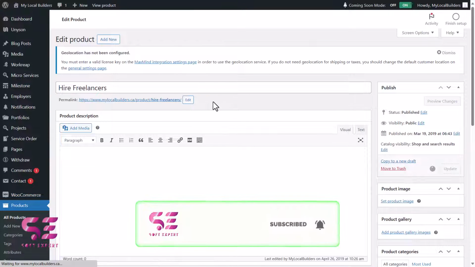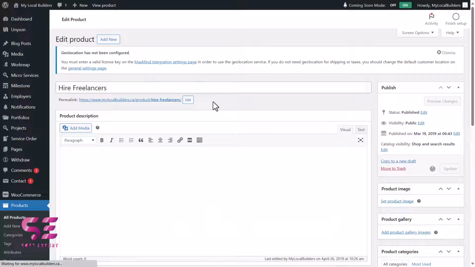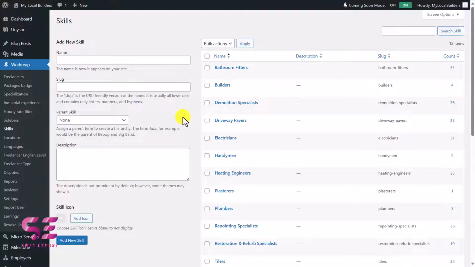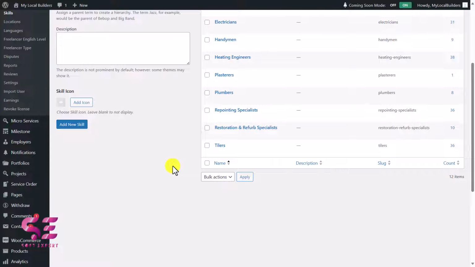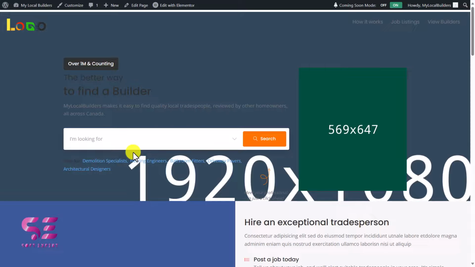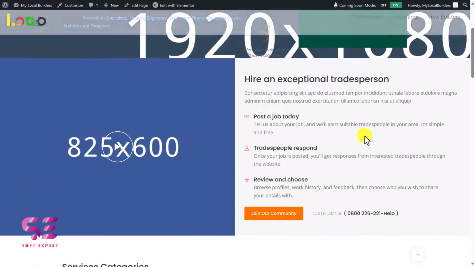So these are some dashboard options. Now let's go to pages and let's see how we can customize the front end. Okay, let's leave this for the next video, okay. I will show you how you can add your payments, withdraws, and so on. And at the end I will also show you how you can customize the website, like the front end, where we will add images here. We will change these images, we will change this text just by using